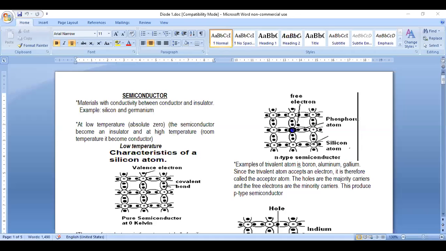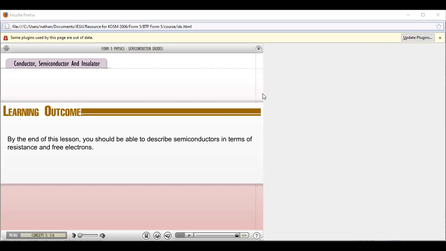Okay, so today we look at semiconductor. Now before we look at semiconductor, we look at conductor and insulator. Now, if you look at a conductor,